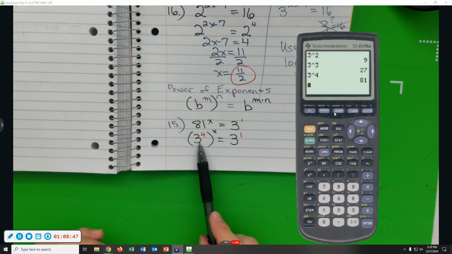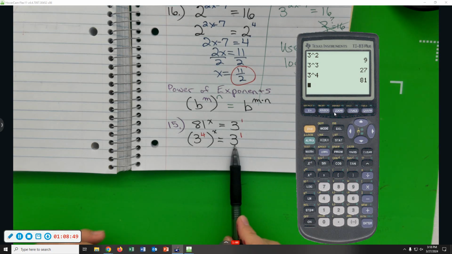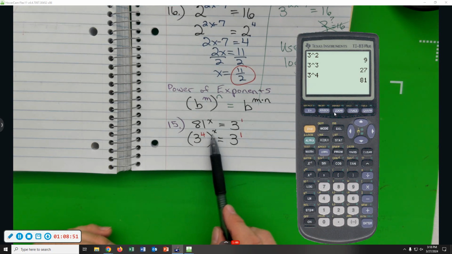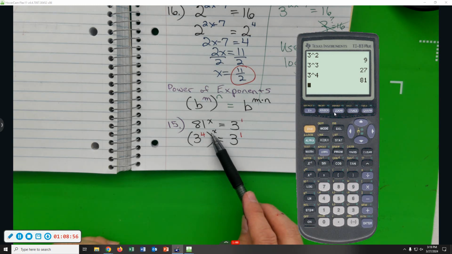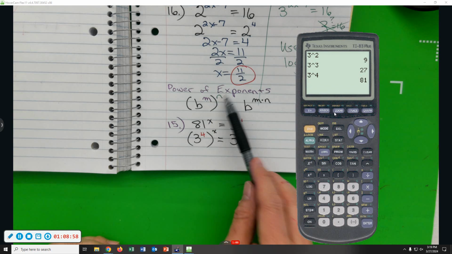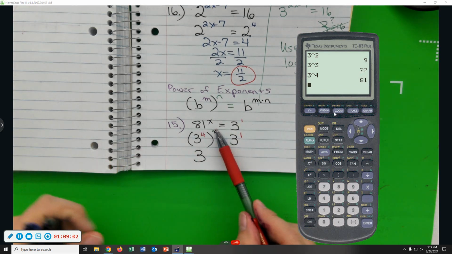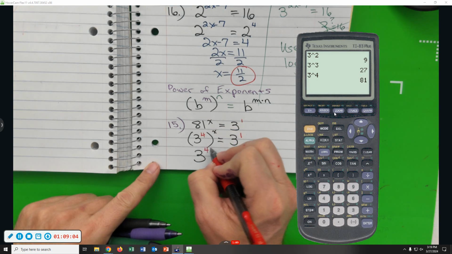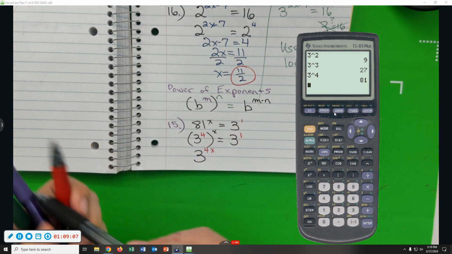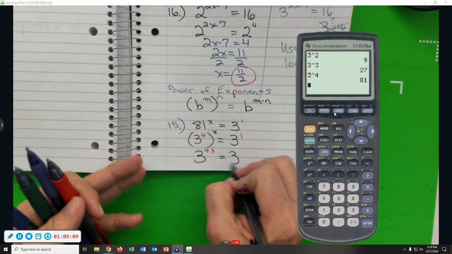So we've got a base of 3 on both sides, but we have a power raised to a power. What are we going to have to do? When you have a power raised to a power, you multiply, so you have 3 to the 4 times x, which is 4x, so 3 to the 4x is equal to 3 to the